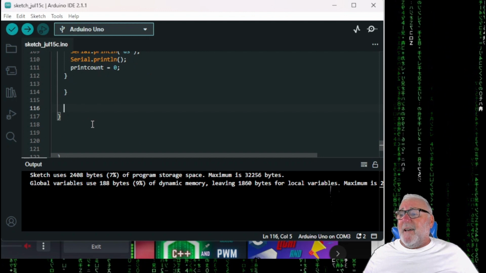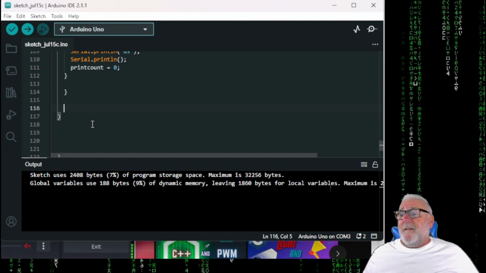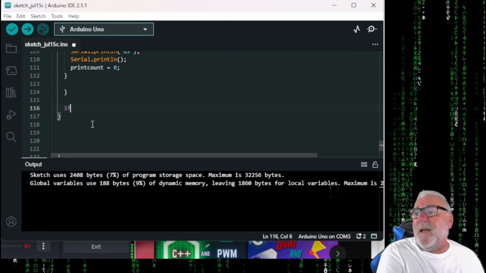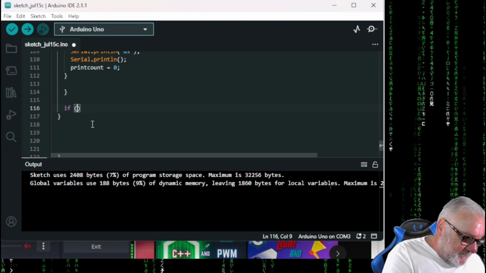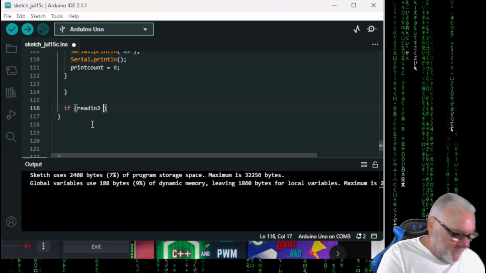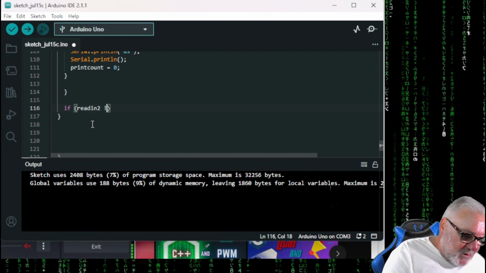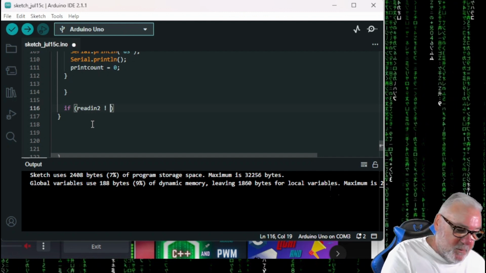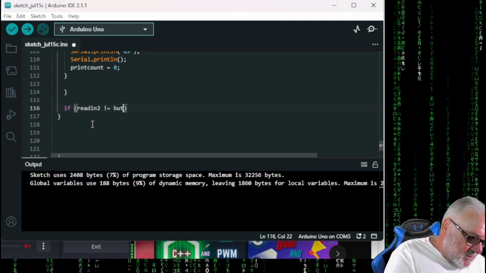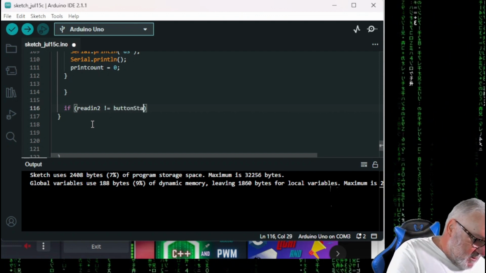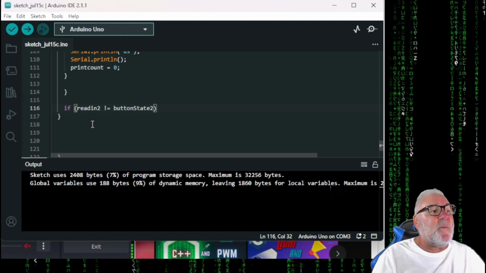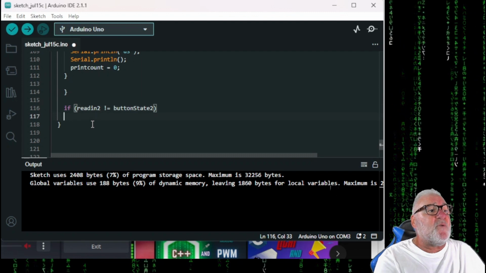I know I keep saying that. It's a long old program, isn't it? If brackets on, reading 2 exclamation mark equals button state 2, come outside the brackets, if statement, no semicolons,